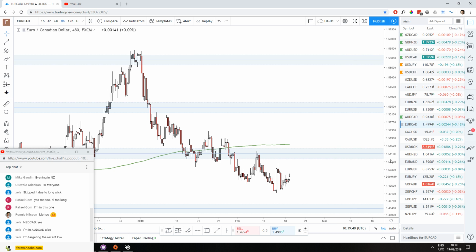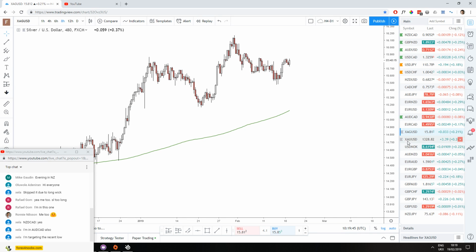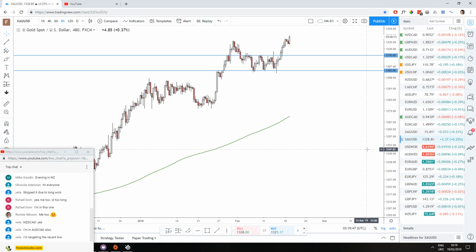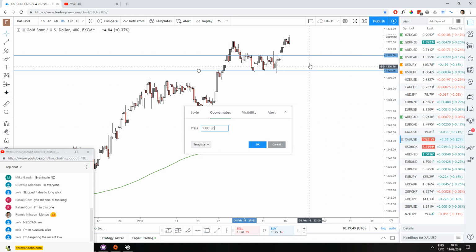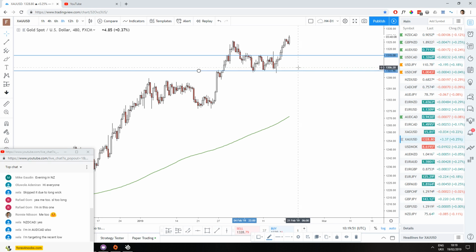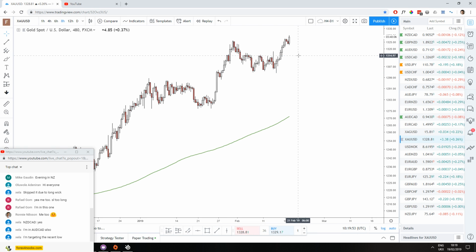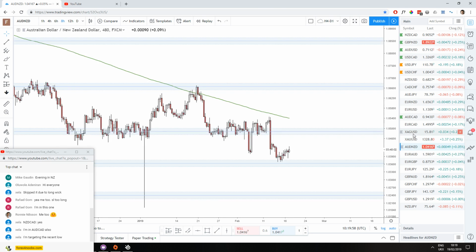Yeah, EuroCAD's not doing anything. Oops. Gold and silver. I need to add these properly to the analysis rotation. Right now we're just doing some lower time frame stuff with these pairs, some of the members only setups. So